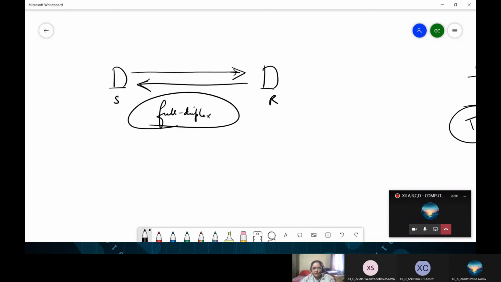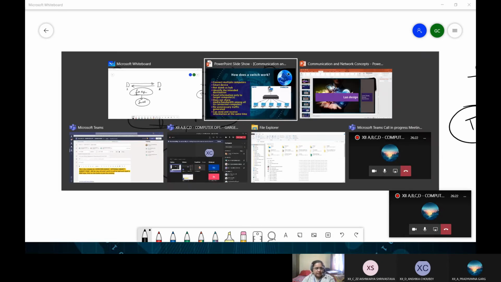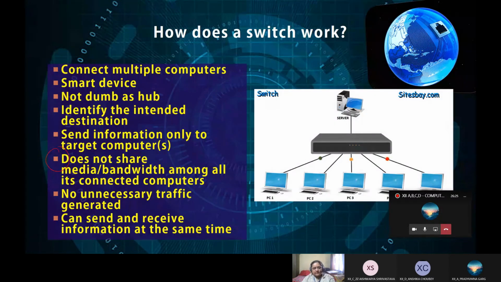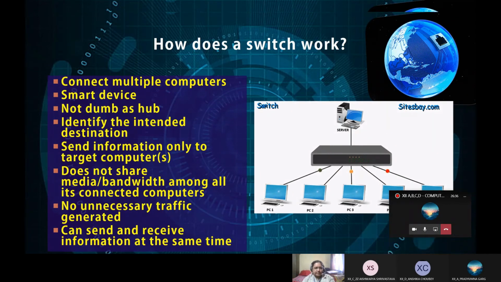Okay, between any 2 points on a network, and hence a switch follows this full duplex communication, because of which at every time the switch can operate at its highest potential, and there would be faster communication between the nodes. It can send and receive information at the same time. So these are all the advantages of a switch over the hub, because of which a switch is preferred more these days.